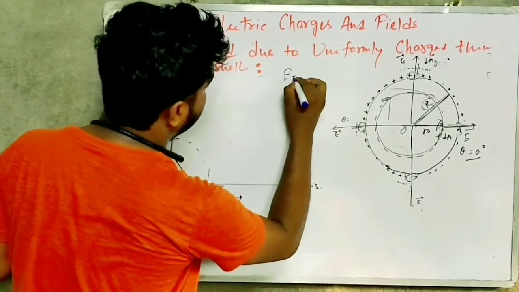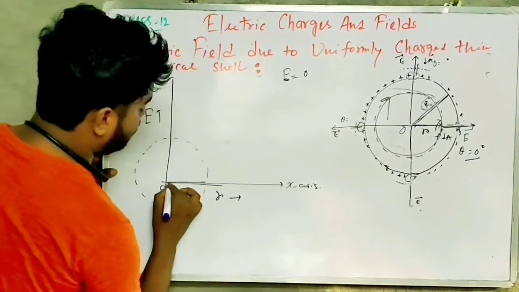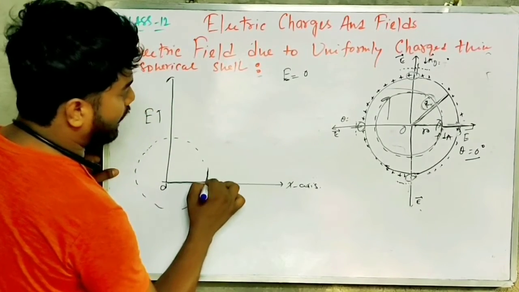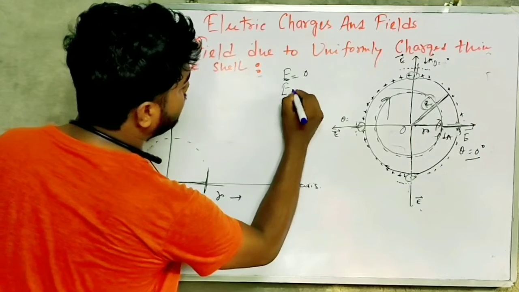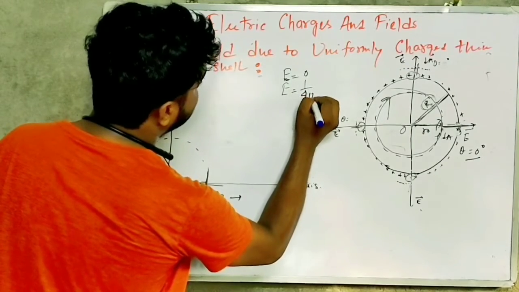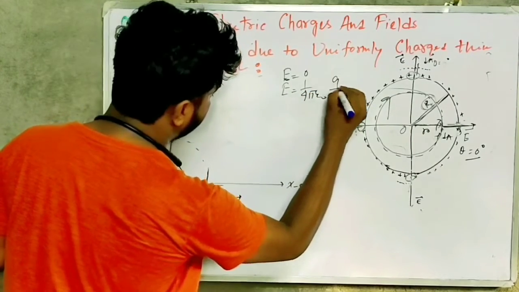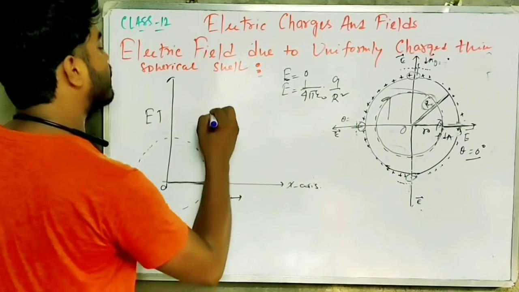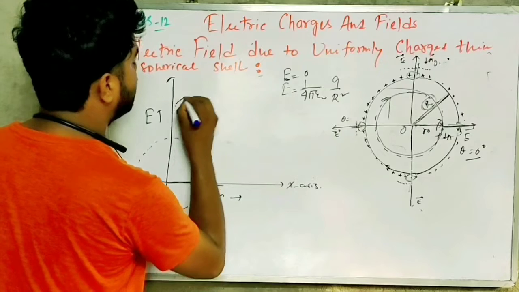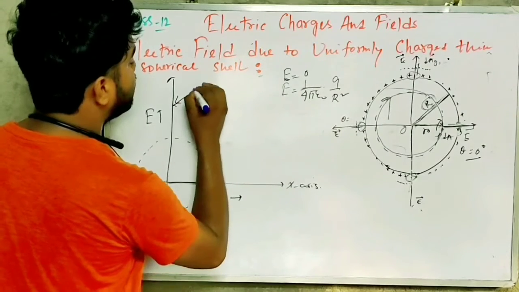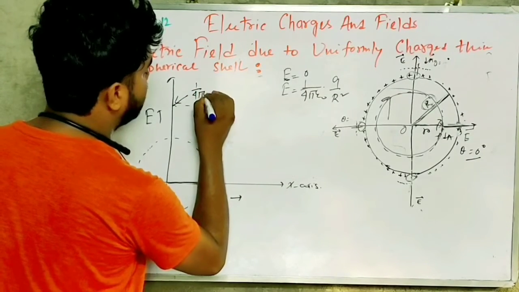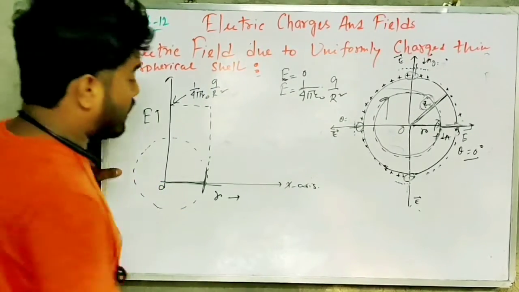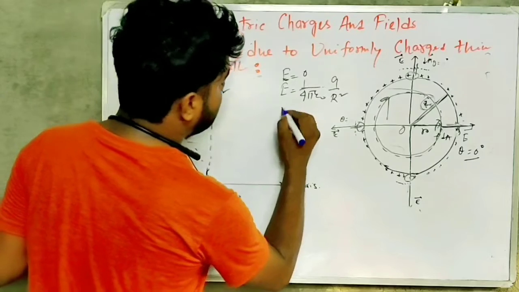inside the electric field is 0. So up to this point there is no electric field, and at the surface, at that point, the expression of electric field is equal to 1 by 4 pi epsilon naught Q by capital R square. So just draw it up to this point, and the expression here is 1 by 4 pi epsilon naught Q by capital R square, and after that, at outside, the expression of electric field E